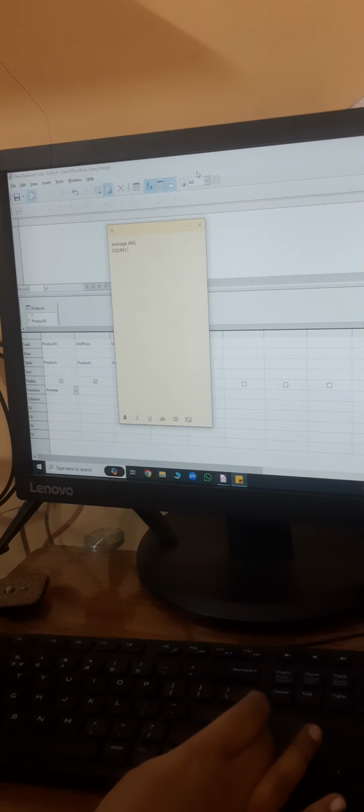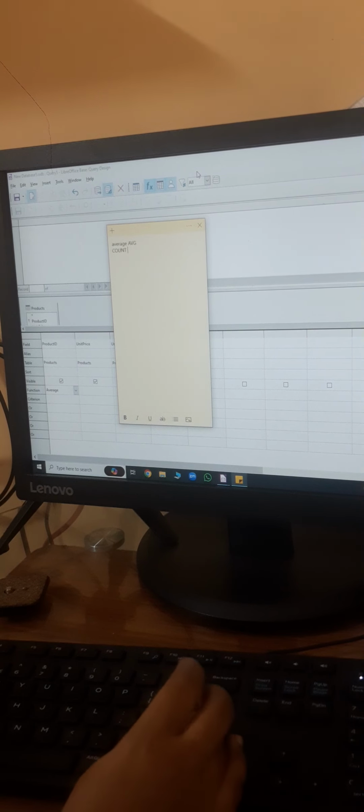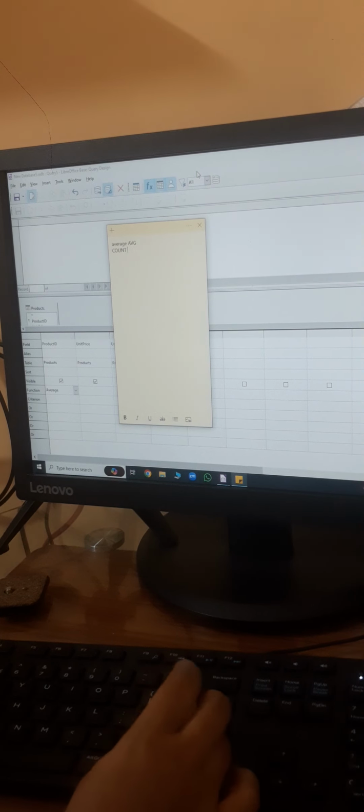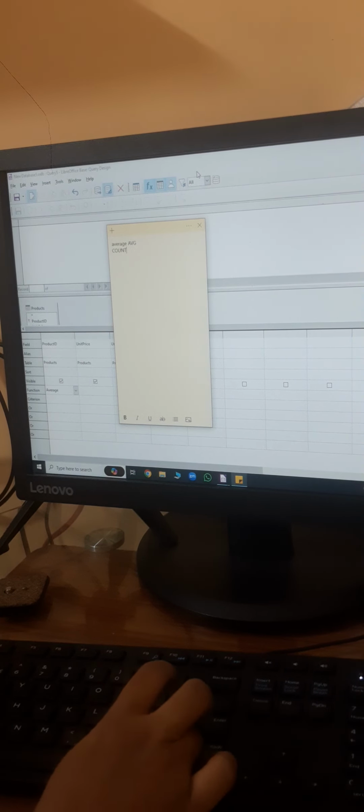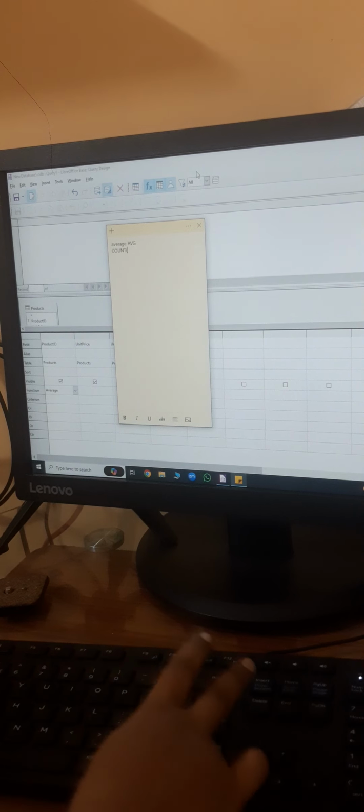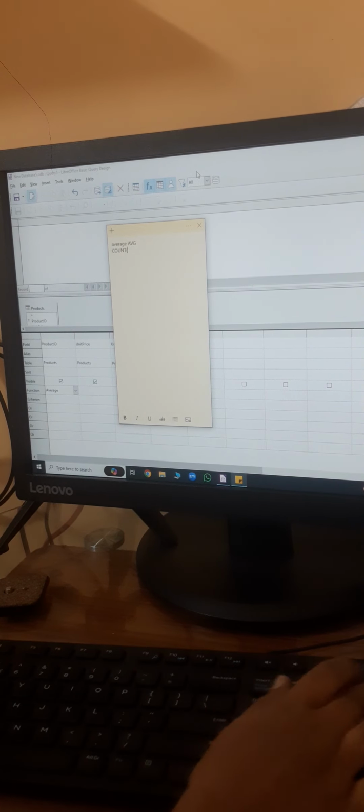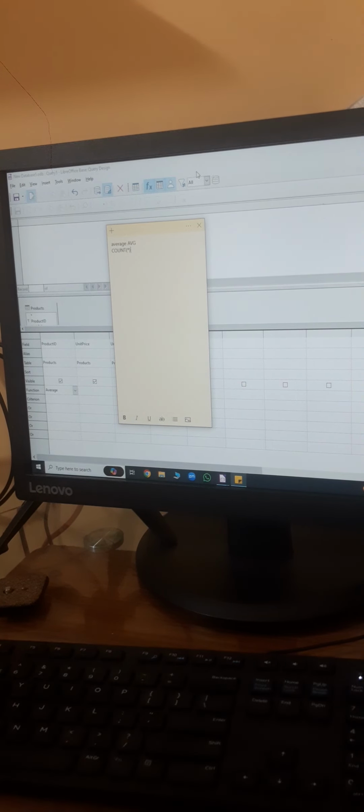Okay, so in the last video we were talking about the count. So we know what the count function does. It counts the number of records in the field name. There are two additional forms of using count. The first one is you can specify count followed by braces with an asterisk inside it,